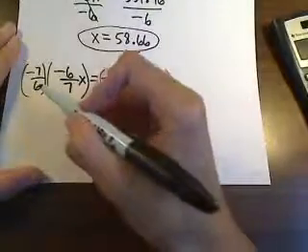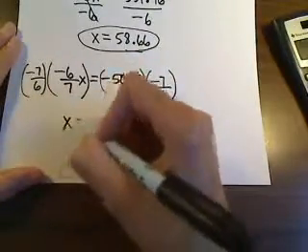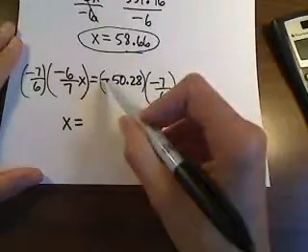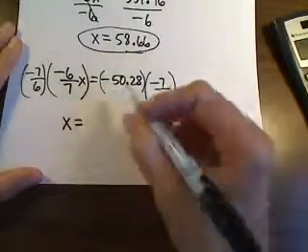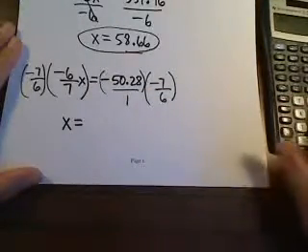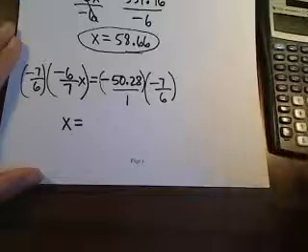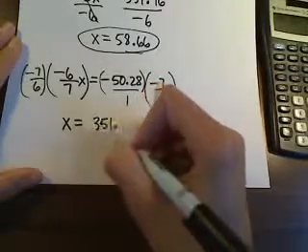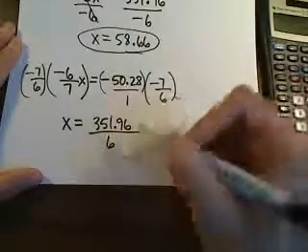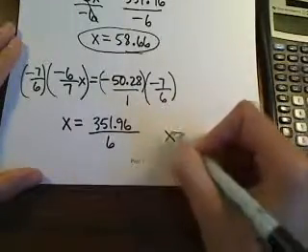then over here I end up getting a positive 1 coefficient for the x, and that's what we're looking for when we solve. And over here, a negative times a negative is positive, and you would just multiply straight across here. So 50.28 times the 7, you get the 351.96, and then in the bottom divide by the 6. Now when you do that division, you'll end up with your